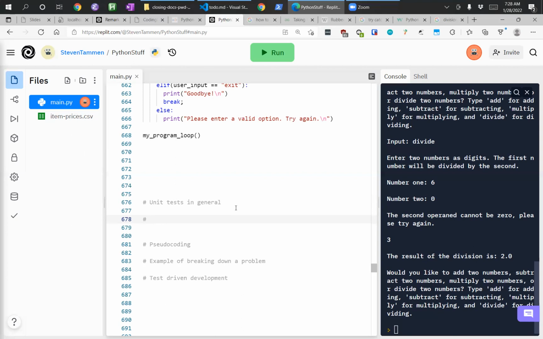So the point about unit testing is that for us to be sure that our code is doing what it's supposed to be doing, every time we make a new change to it, the only way that isn't crazy time efficient is to automate the testing of our code. Because if humans have to manually test it, sometimes things get very complicated and the code that you write changes a lot of things. And then you have to go test everything, or you would if you didn't have unit tests.